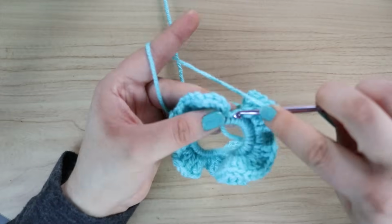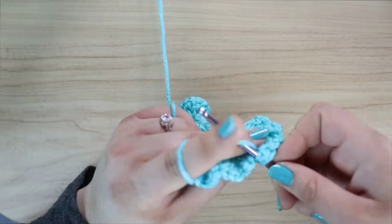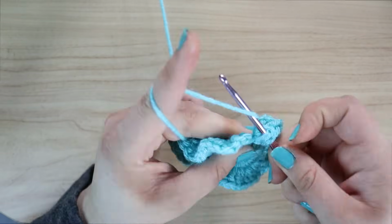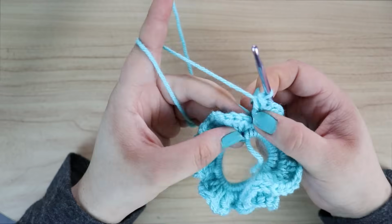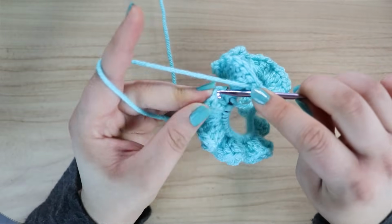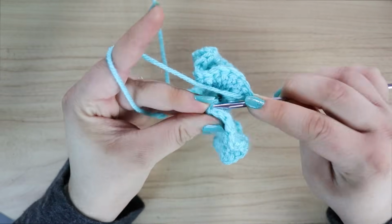Last single crochet, 3 double crochets, 2, 3, and now you need to slip stitch into the top of your first double crochet,